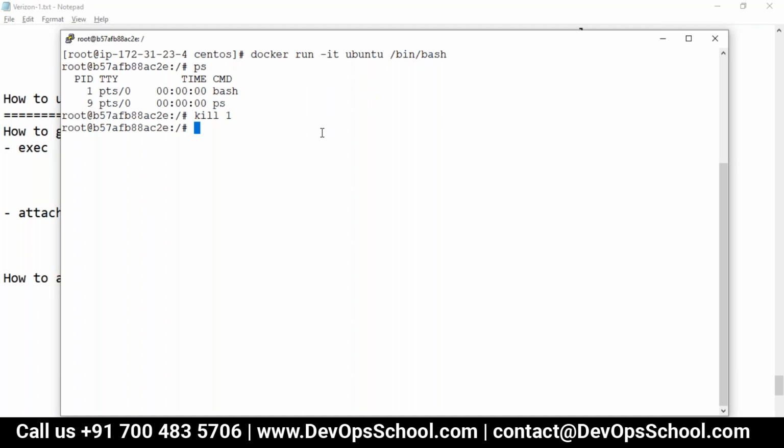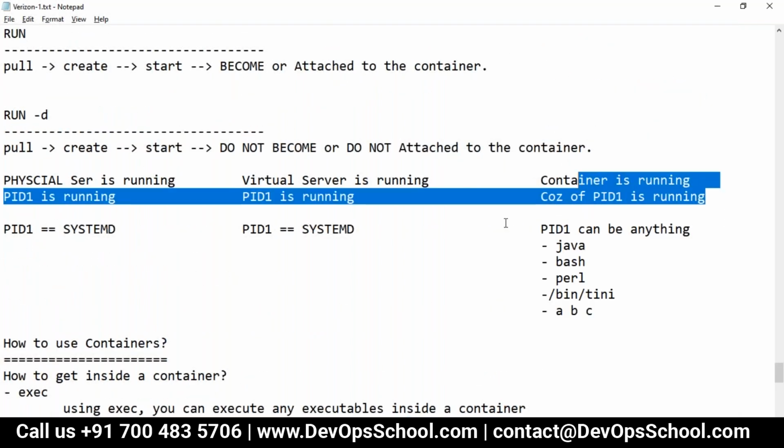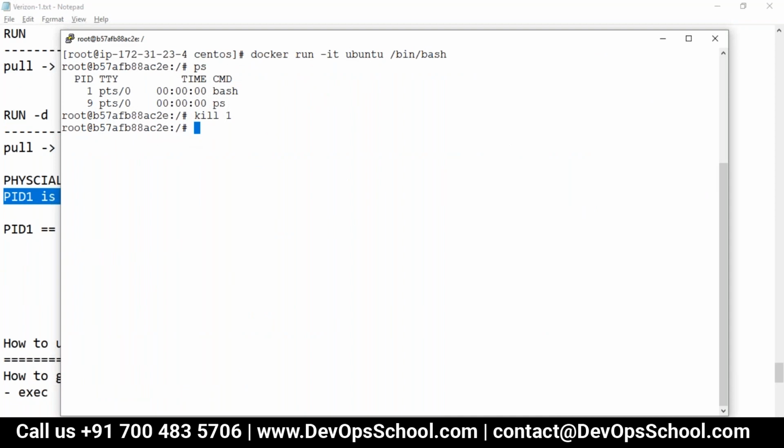So if you want to kill this container, just to prove this point, I'm repeating the PID1 concept again so it will become hard coded. Okay, so if you want to kill it, then you have to find out how to kill bash. How to kill bash, guys? Do you remember this command? Yes, see here, indirectly. Exit will kill bash, and bash is unfortunately PID1. PID1 gets killed indirectly, not directly. See here.